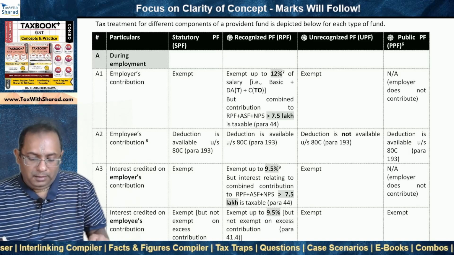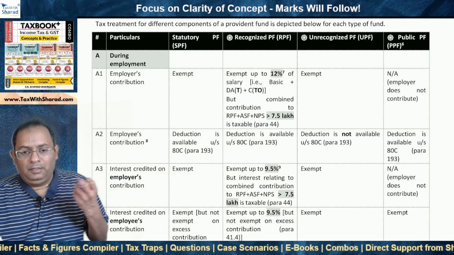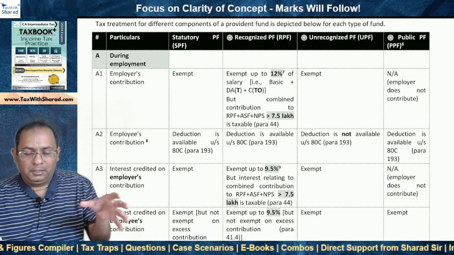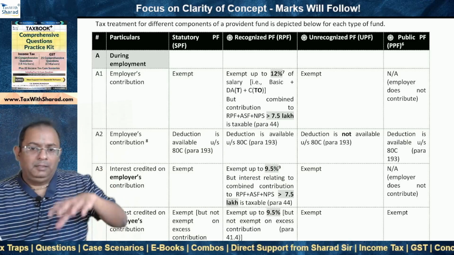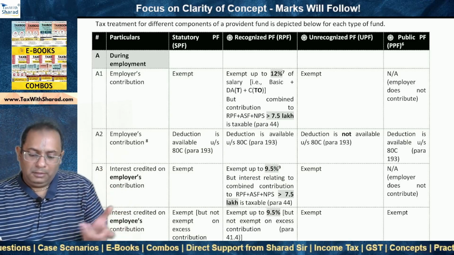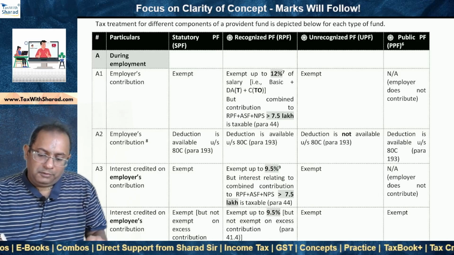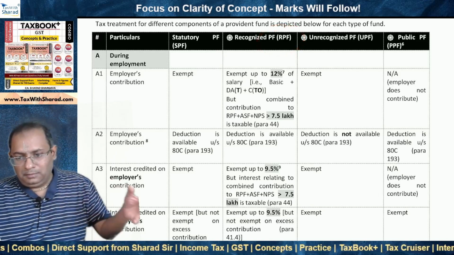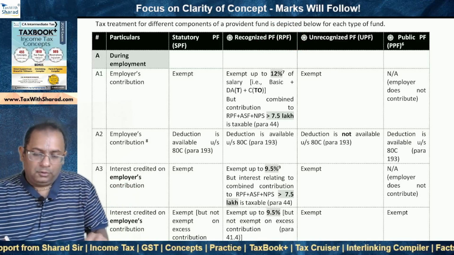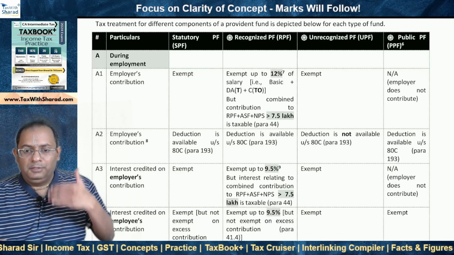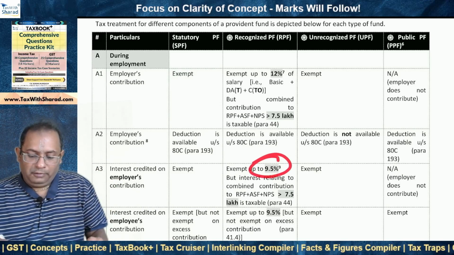Now here also there are two layers. While for SPF there is no limit as such, because it is generally understood that the provisions will apply and the interest will be paid within the limits which the government feels are reasonable. So there is no need for any limits to be specified in the law itself. But as far as RPF is concerned, it is something which applies to the private sector as a whole. So limits are to be prescribed to prevent a misuse of exemption. So interest will be exempt up to 9.5%.